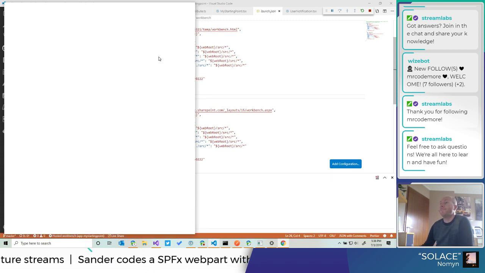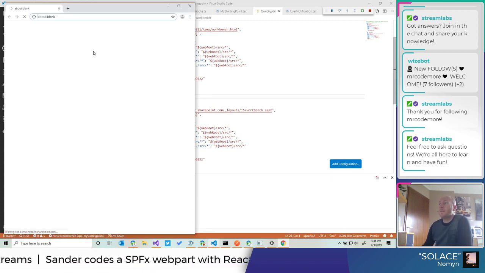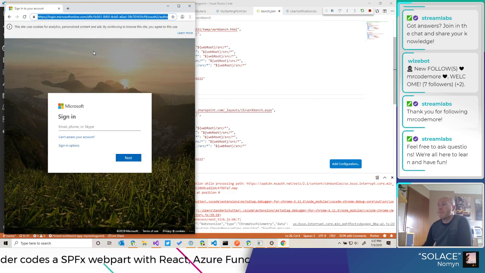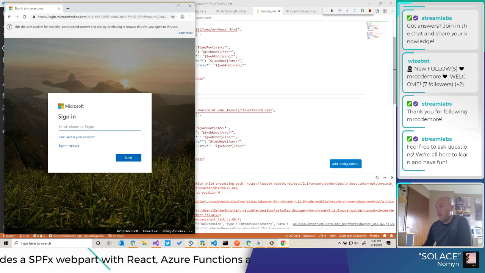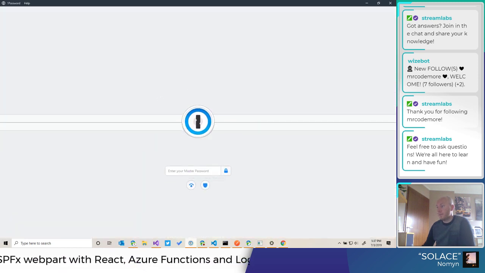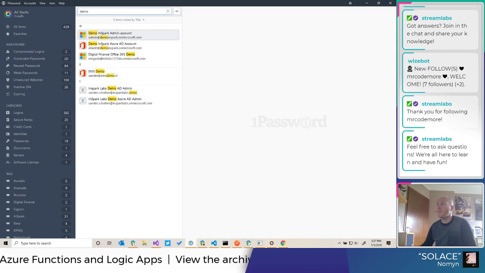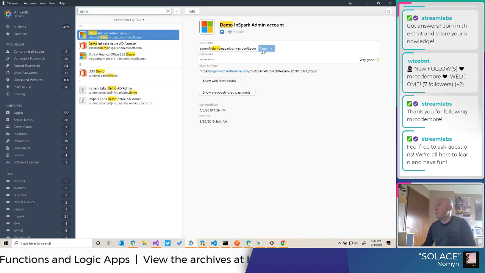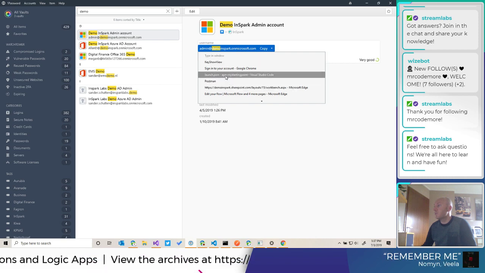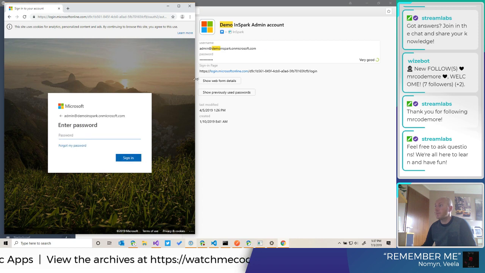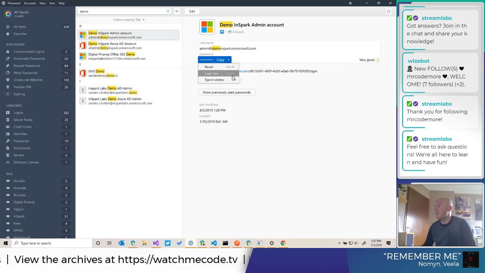Ah, there we go. Right. I'll have to log in. Demo in Spark. Sign into your account. Go. Enter passwords.